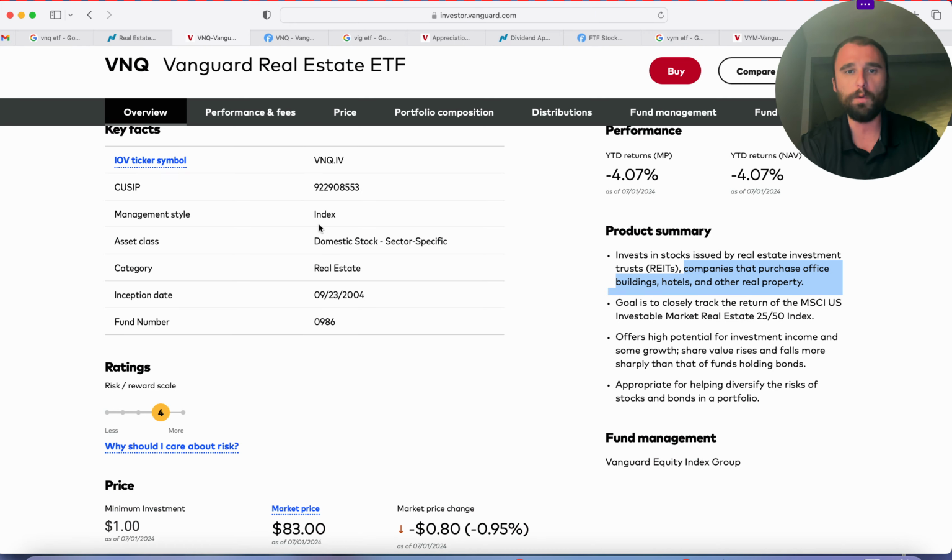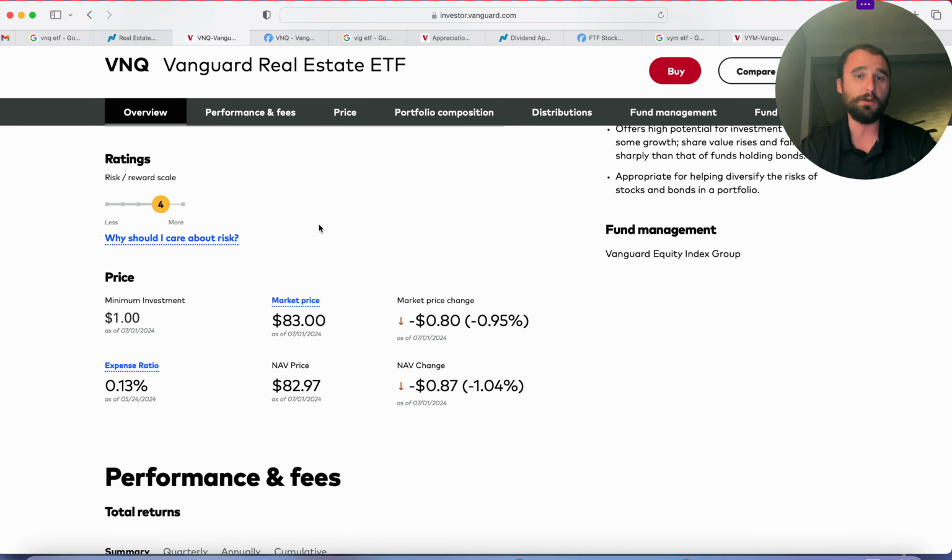And so when it comes to something like this, just keep in mind that you're investing for the cash flow, the dividends, and any kind of share price appreciation will be a bonus. And it's not fun to see, especially when the market's hitting all-time highs and we have Nvidia and all these growth stocks going crazy. But that is one of the trade-offs and also one of the main benefits of an